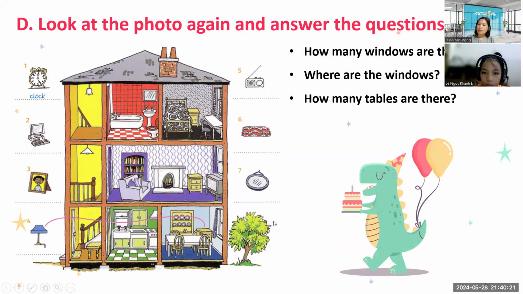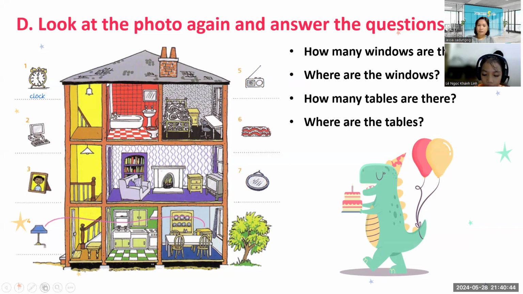Now here, how many tables are there? There are 2 tables.